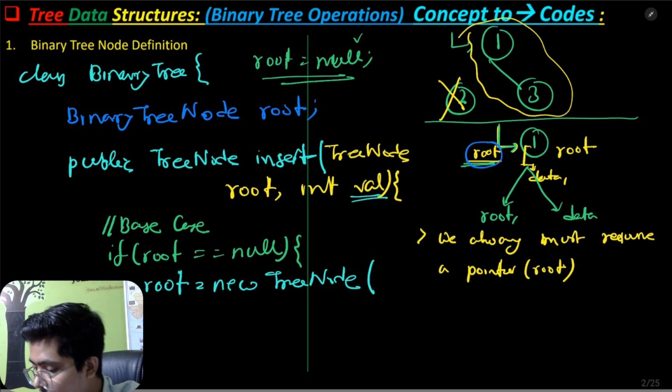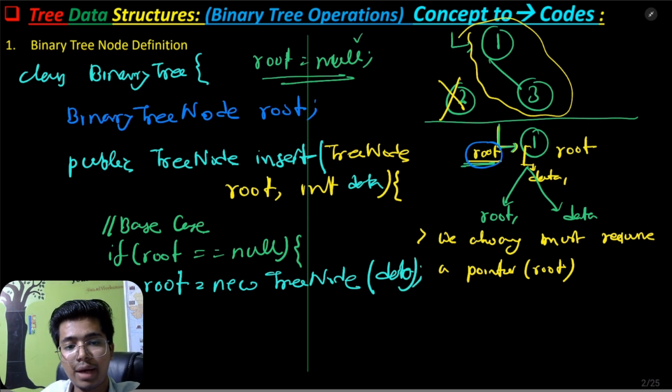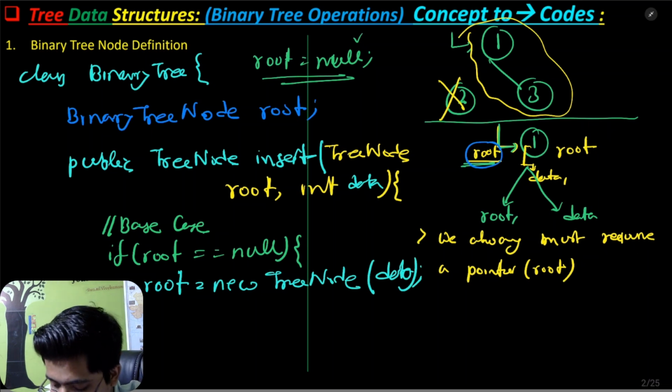this value. We can take either value or data. So let's call it data for better understanding purpose. Integer data. So root tree node data. So now data got created. Now we have just created, we have inserted a root. Now we just return the root. So we'll write return root,